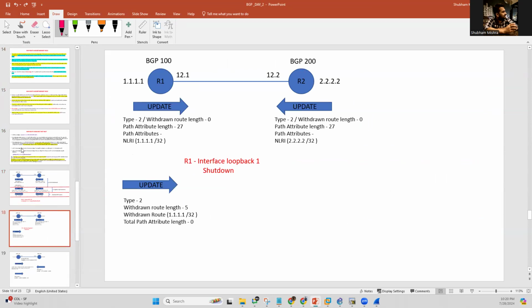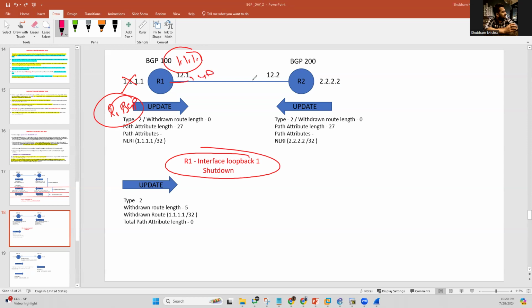One more thing, guys. Let's suppose on R1 I write interface loopback 1 and shutdown. It means this is now not available in the R1 BGP table. Yes or no? On R1, we already advertised 1.1.1.1 in BGP, and R1 shared the update, there is no problem. But after some time on R1, I write interface loopback 1 and shutdown. It means manually I am shutting down this loopback. So when I shut down this loopback, it means this loopback is now not present in the BGP table of R1. Yes? So when this route is not present in the BGP table, then R1 will